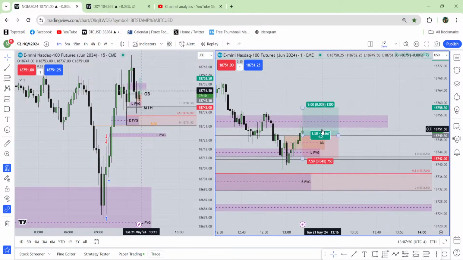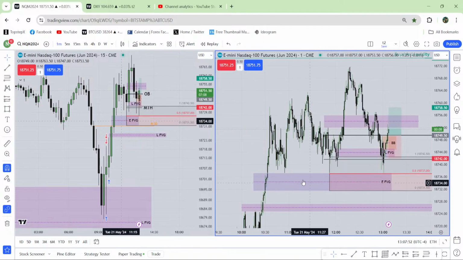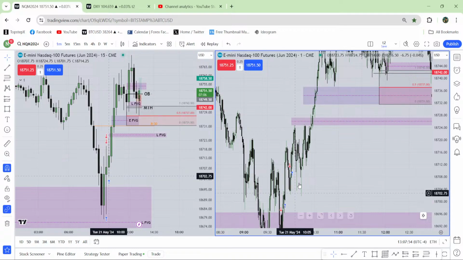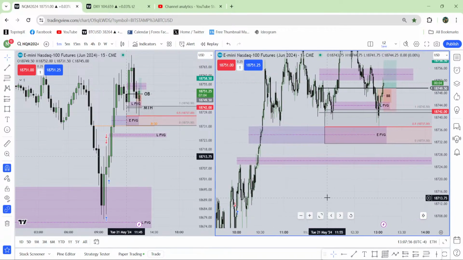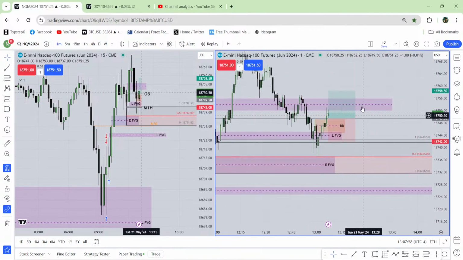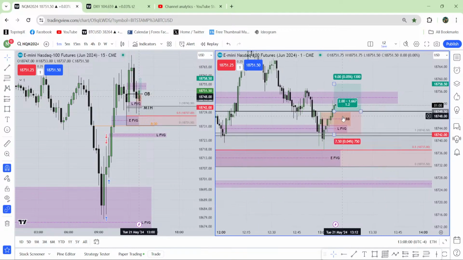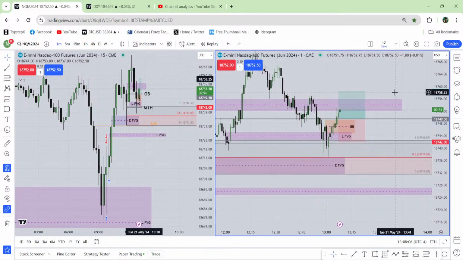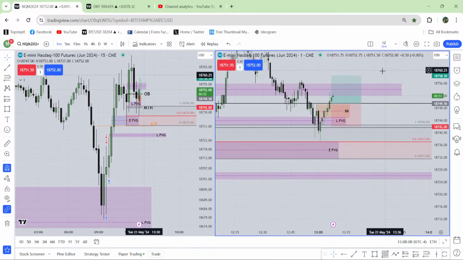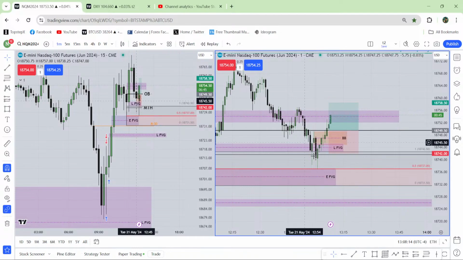I'm unable to push my button as I took two losses in the morning session. So two losses one after another, so I'm not going to push my button. Instead of that, I will use this tool. But only when I see something more obvious will I use this tool. Otherwise, I'm not interested to use that tool as well. If I see something more obvious, I will use this tool. Otherwise, I'm not going to use anything. I'll just read the price. That's all.